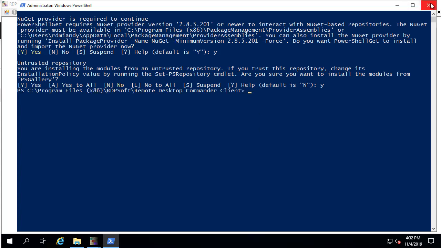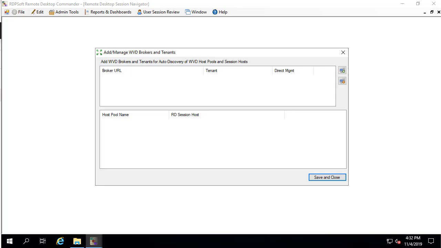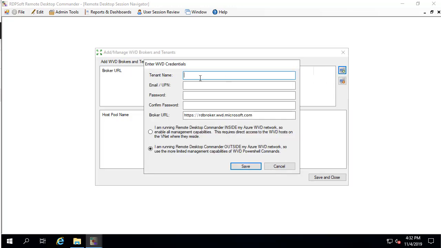Just answer yes twice to install the WVD PowerShell management libraries, then you're all ready to supply your tenant name and credentials to Remote Desktop Commander Lite so it can query the WVD broker and bring back your list of host pools and hosts. Notice that you can operate Remote Desktop Commander Lite in one of two modes: internal, which